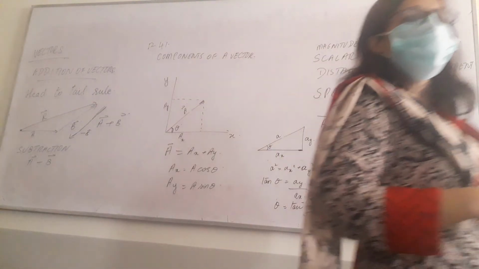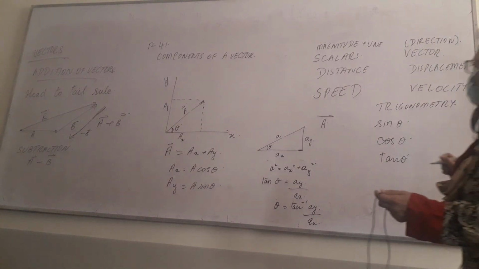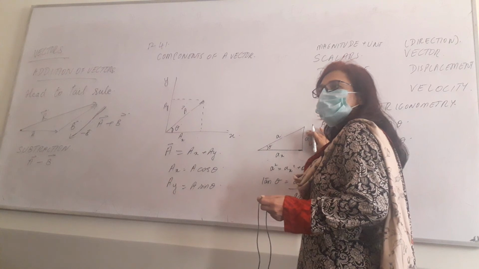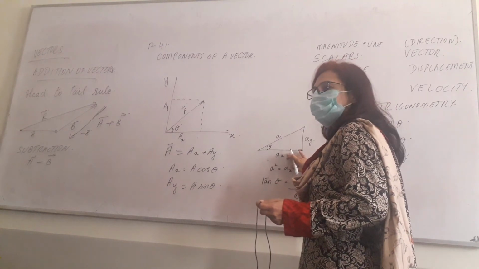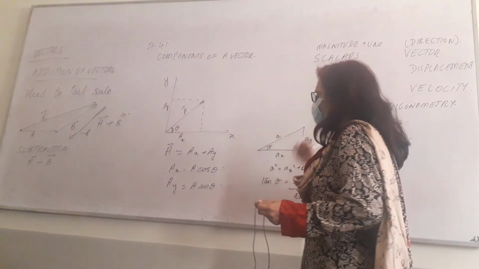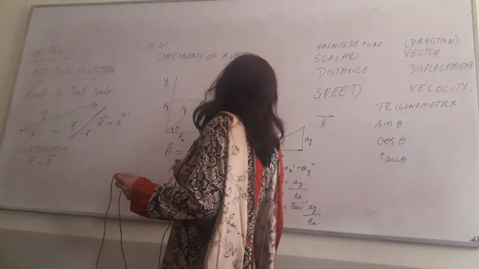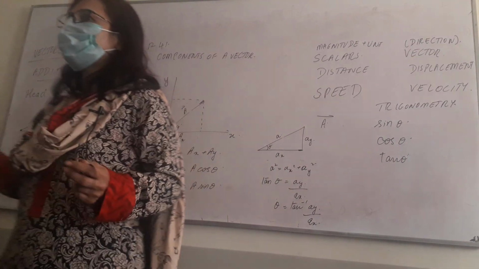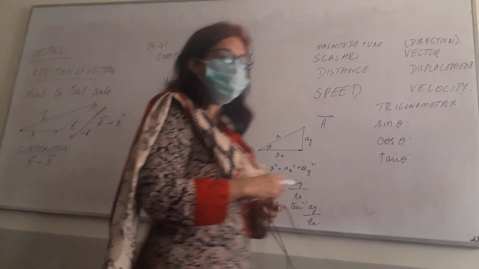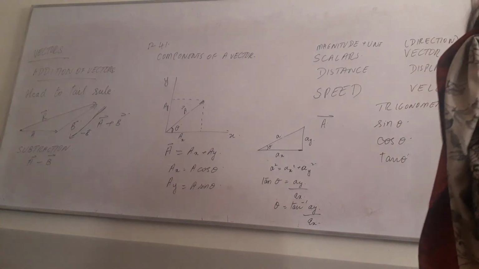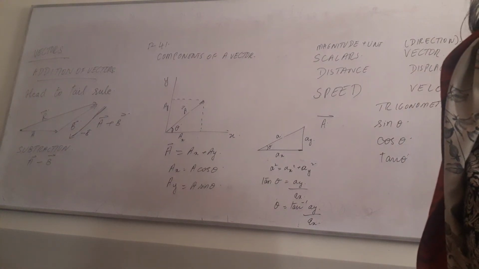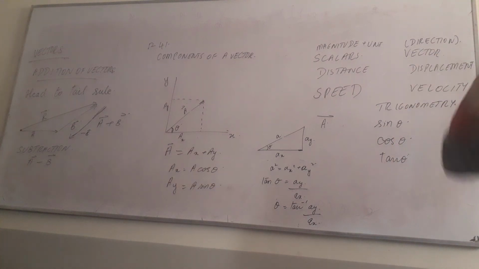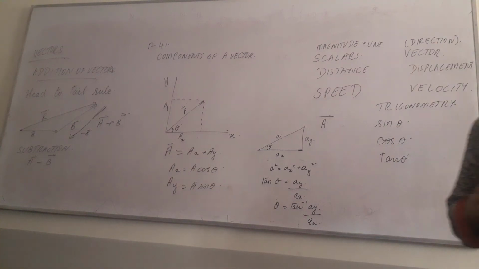Okay. And you know that this is known as the hypotenuse, this is known as the perpendicular, this is known as the base, okay. Again there are different terminologies. In some books this is also known as the opposite side and this is known as the adjacent side, but the meaning remains the same, the formulas remain the same. Also we know the concept of unit vectors. Acha, can you please just take a photo of this so that I can erase the board?